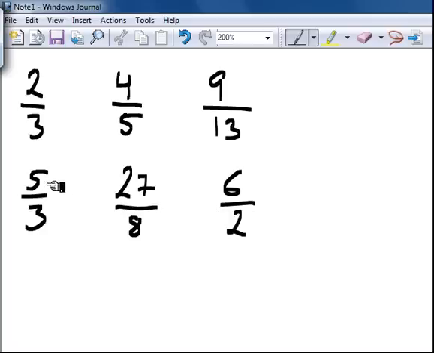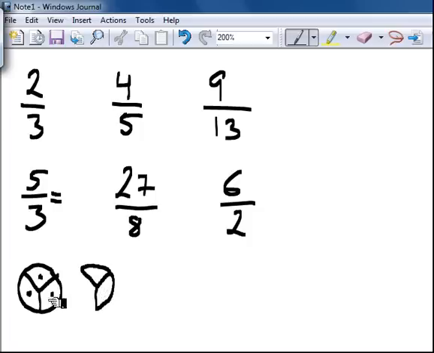Okay, so if we're going to write 5/3 as a mixed number, we have to think, let's say again, we're talking about pizzas. We divide a pizza into 3 equal parts. So we have 1, 2, 3 pizza slices. But here we have 5 slices. Okay, 5/3. So we have the second one here. So here we have 1 whole pizza and then 2/3 of a pizza. That equals 1, 2, 3, 4,